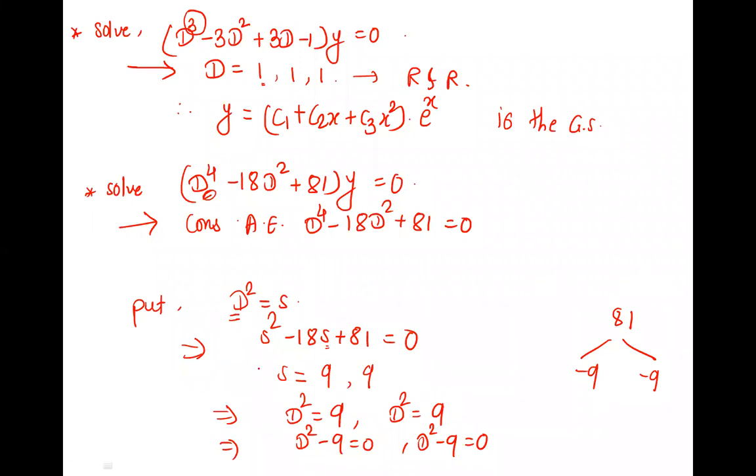Earlier it was having s, so we were solving for s there. But now it is having D, so we are solving for D. It is giving you x1 and x2: 3 and minus 3. 2 roots of order 2. Similarly, the same equation is there again, so once again 3 and minus 3. Are you clear? Yes, ma'am. Good. So the roots are D is 3, 3, minus 3, minus 3.